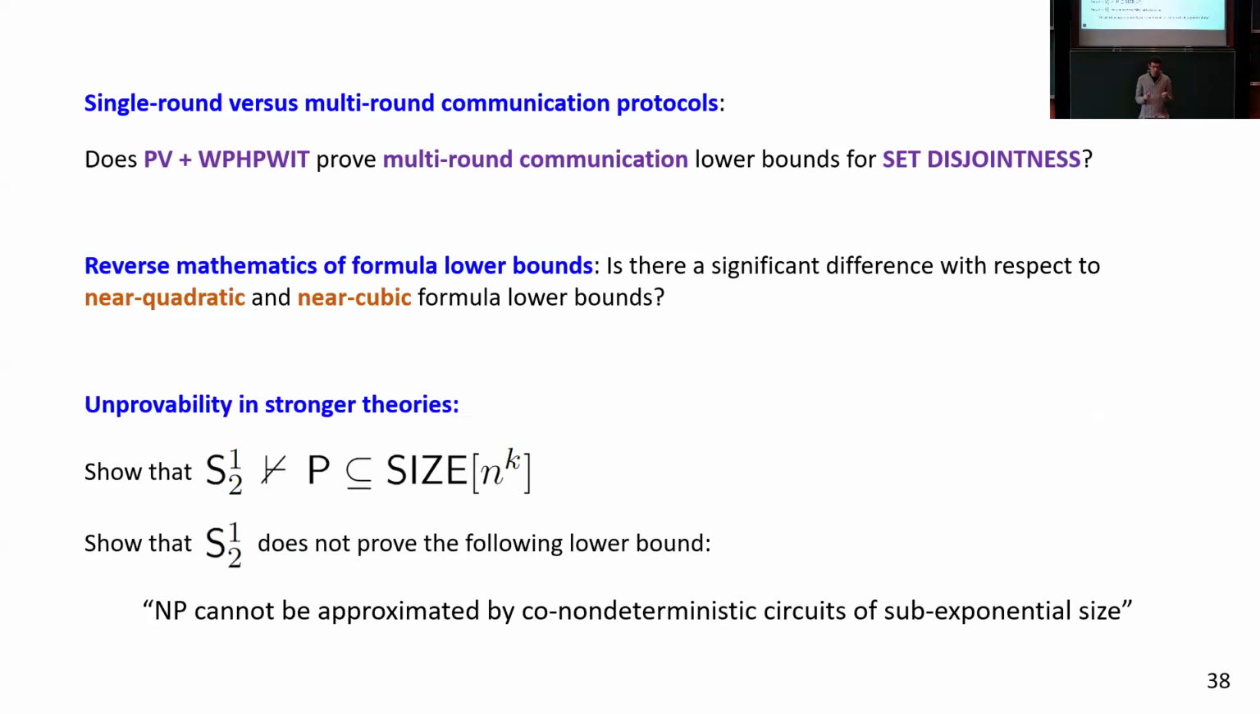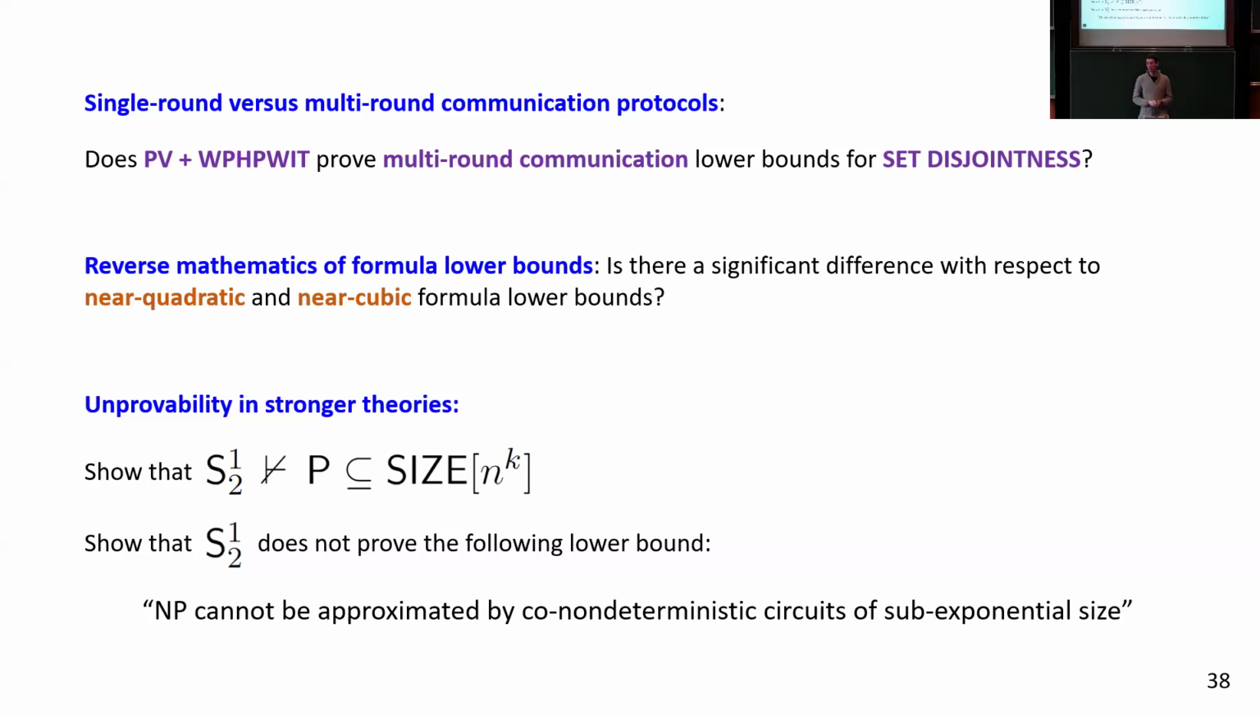For instance, can we capture near quadratic lower bounds by some principle and show that if you want to go from n squared to n cubed, it's actually harder in some proof complexity sense? And what happens beyond n cubed? Can we somehow show some equivalences? And with respect to the first part of the talk,